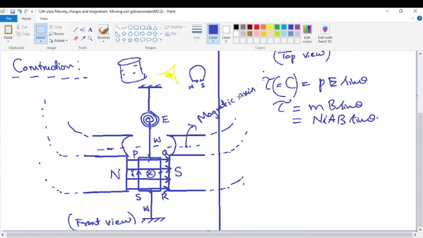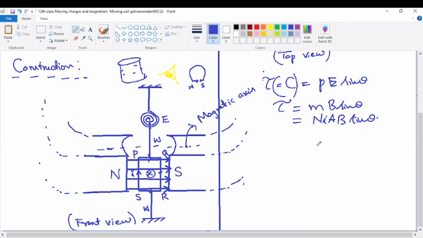So just 5 details are written. One or two details will be the main diagrams. If 3 points are written, that's sufficient and full 5 marks can be obtained. So you have to write as little as possible to get the full 5 marks. Most of the details you have to skip, but you have to work out all the details and store them in a rough book. So this is the thing.